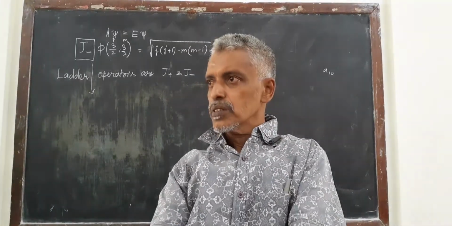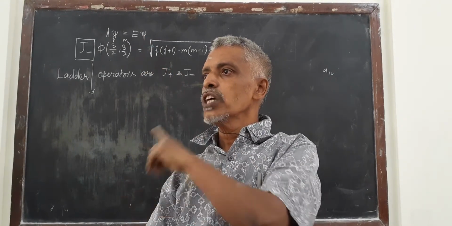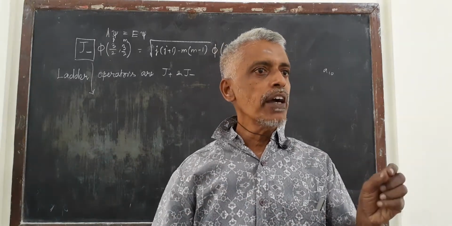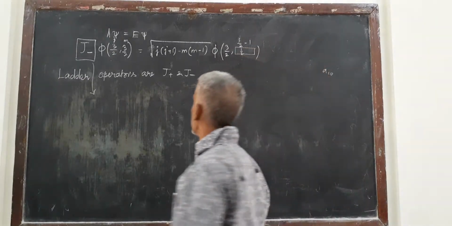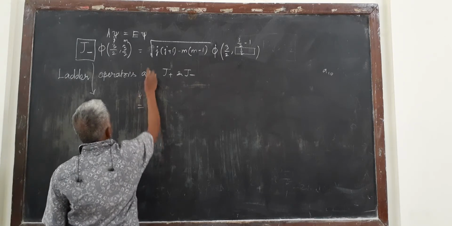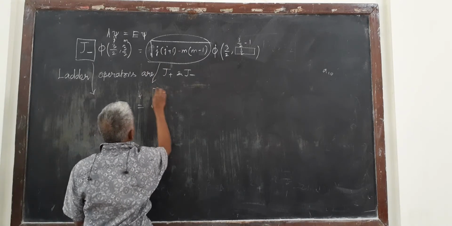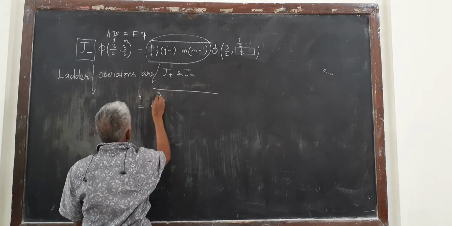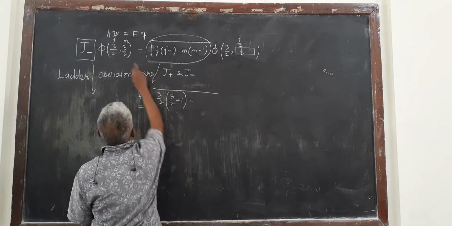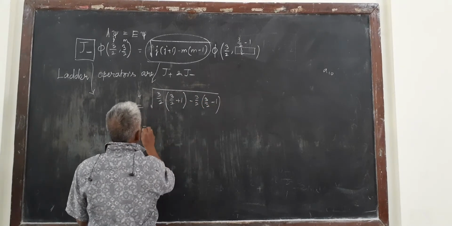Now, we have to get the value of the square root. J, you know, m as well, you know. Now get the value of the square root and take the answer for this. So it is equal to... Say for example, J is equal to 3 by 2. J is again 3 by 2, plus 1, minus m is 3 by 2, 3 by 2 minus 1. And this is equal to square root of